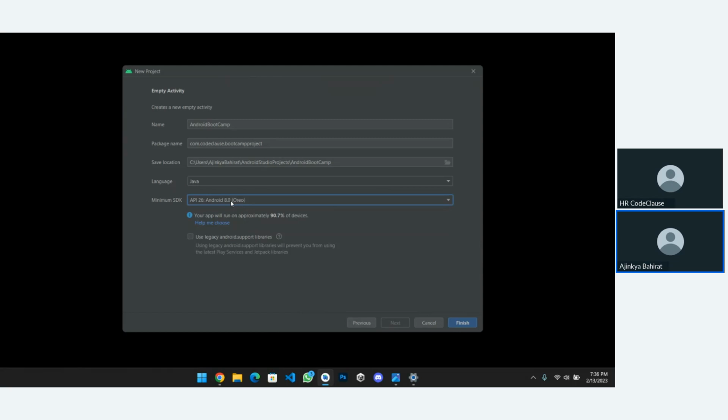If your device version is 7.1, 7, or 6.1 like KitKat, then our application will not run on these devices. From 8.0 to the latest version, it will run. So why is 8.0 mandatory? Some components did not support older versions of Android because new functionalities were introduced.